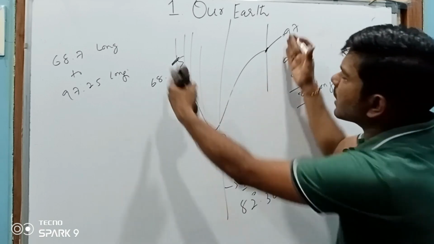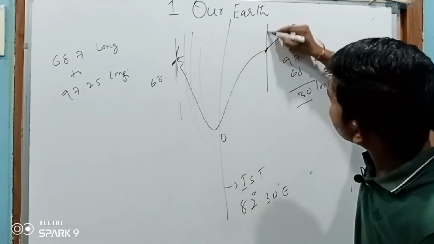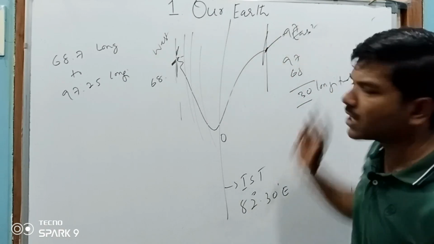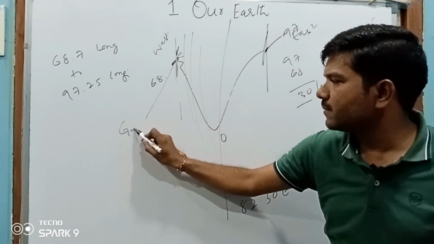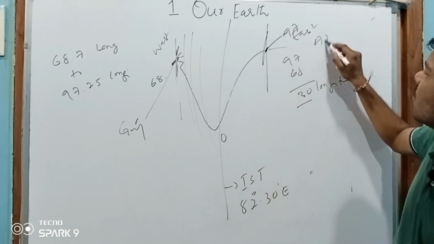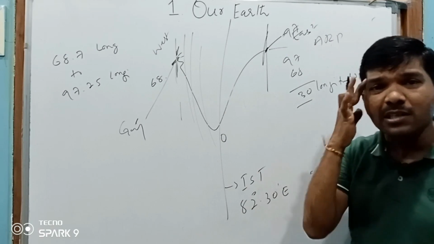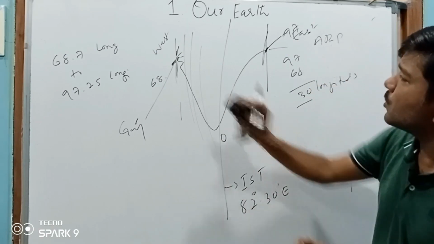How many longitudes are there between Gujarat in the west and Arunachal Pradesh in the east? There are 30 longitudes, because